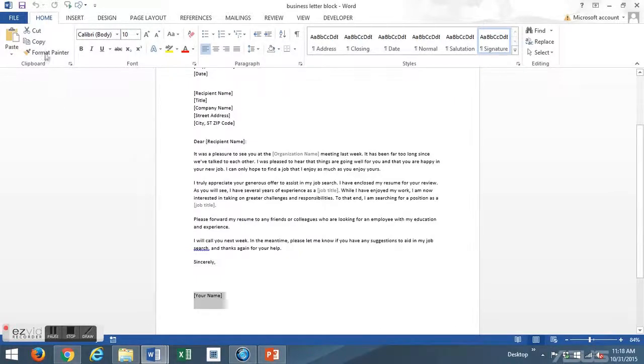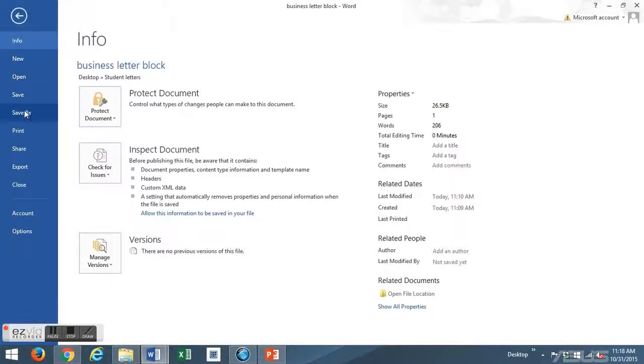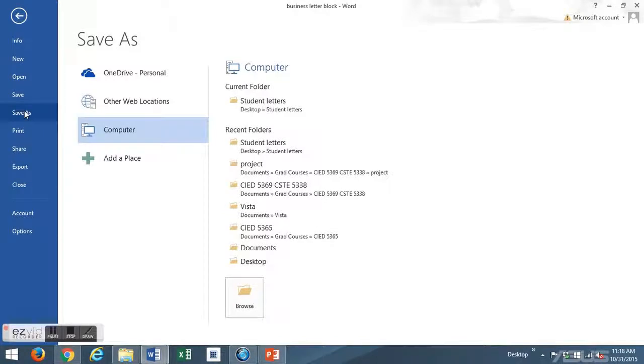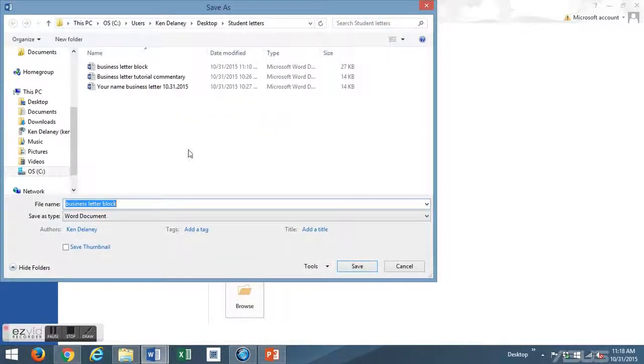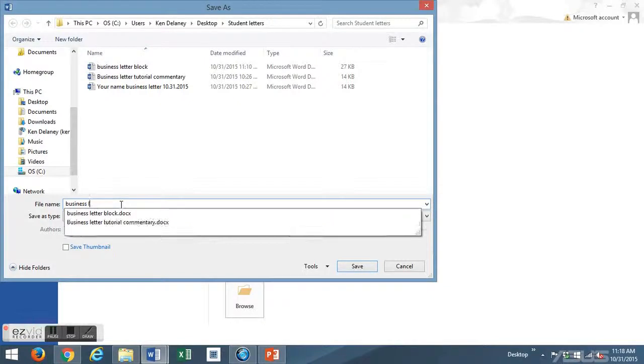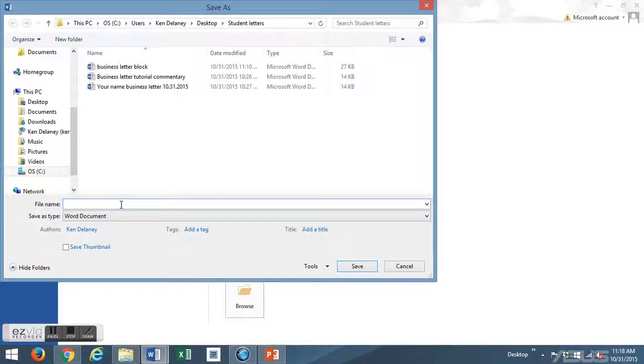At this point, you need to save the letter. So again, go up to the ribbon, all the way to the left where it says File. Click on File. Click on Save As, which will allow you to name your letter. You want to click on Computer. Then you're going to want to click on Student Letters, which is a folder on the desktop just for student letters. And you're going to want to save the business letter. In this case, I'm just going to put in a fake name. Call it